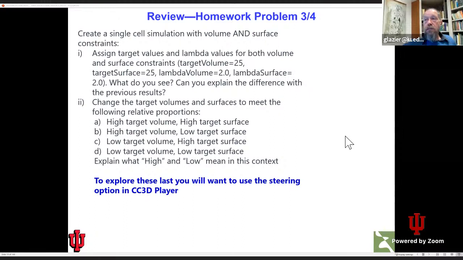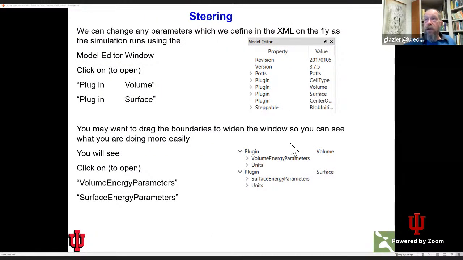And so the best way to do this, if you're going to do it as an exercise, you could certainly change those values inside of the code, edit them, run it, edit it, and run it. But one of the things that you can do conveniently in CompuCell is what's called steering. And steering, if I run CompuCell Player,